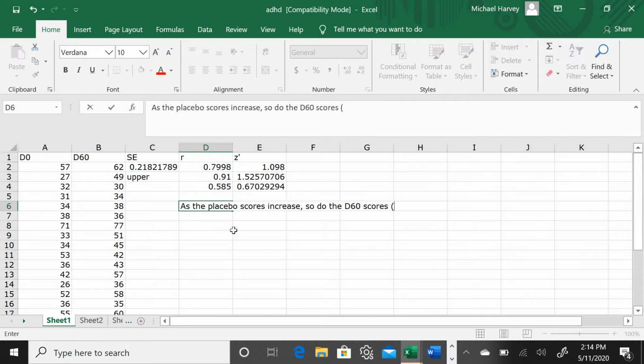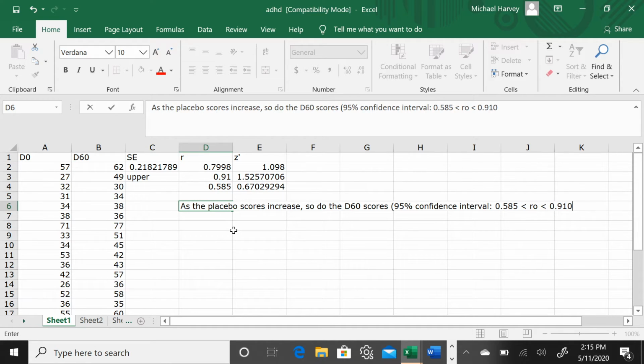And then you could put the confidence interval in here, something like 95% confidence interval on R. Actually, it's rho, and we'll use our notation that we've used before: 0.585 less than rho less than